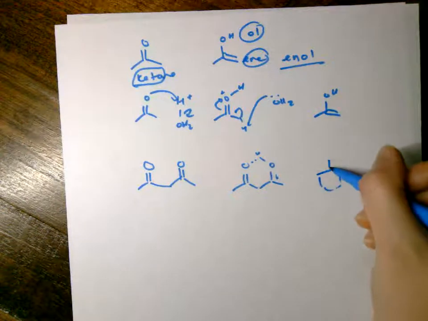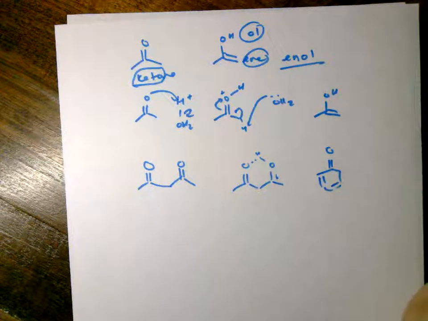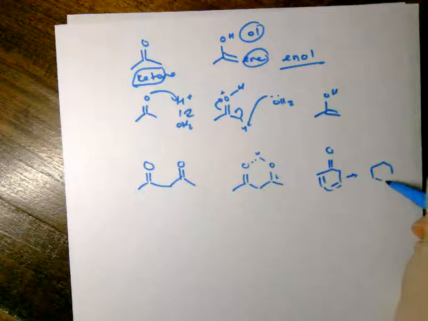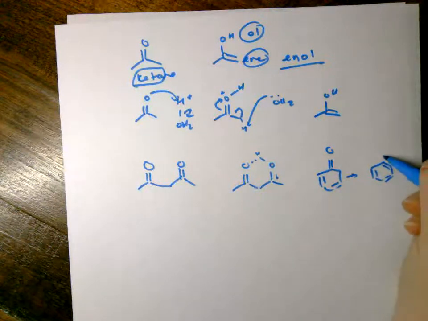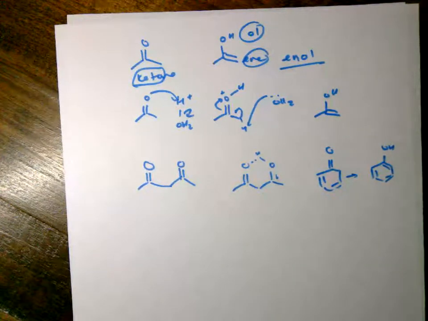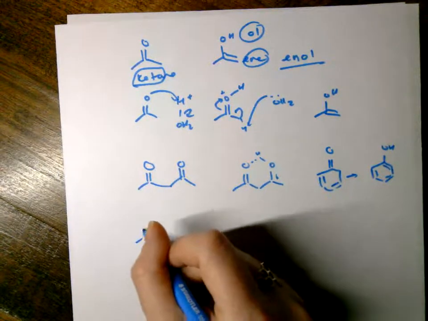Or if you had this structure, if it went into the enol position, that would be a phenol, right? So this actually is the more stable version. You've seen phenol, you've never seen a ketone like this because it can form aromaticity. So unless there's a good reason for it to be in the enol form, it prefers the ketone form. So that's why I think this isn't as important as what we're going to talk about next, which is